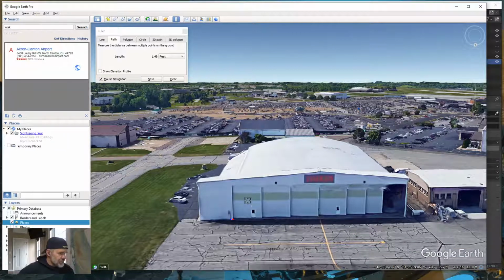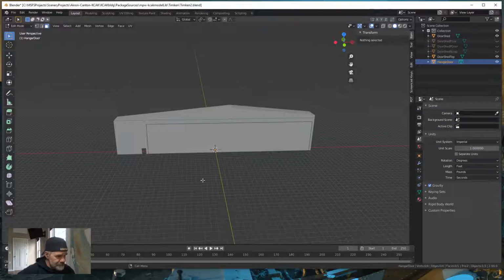So what we're going to do is that rectangle that we have for our doorway, all we need to do is a series of loop cuts to make 6 individual polygons. And they're equally spaced, so you don't have to do any measurements here. So let's go back into Blender, and we have our hangar door selected, and we are in